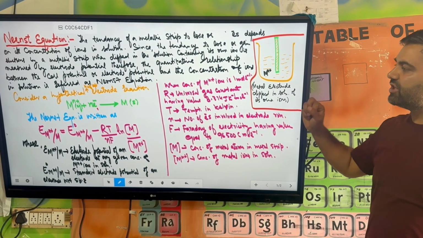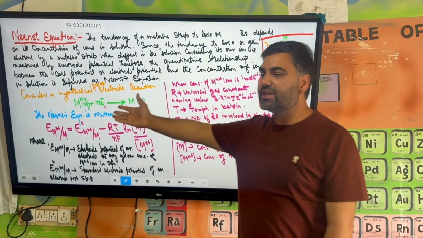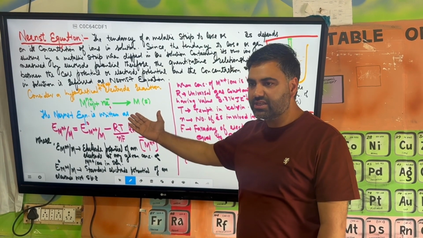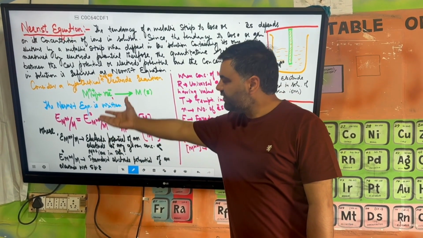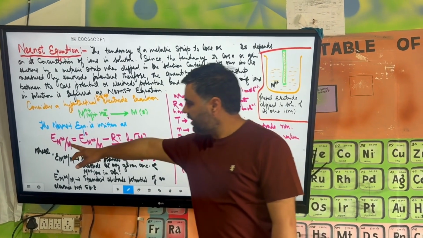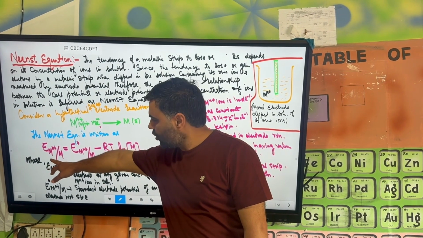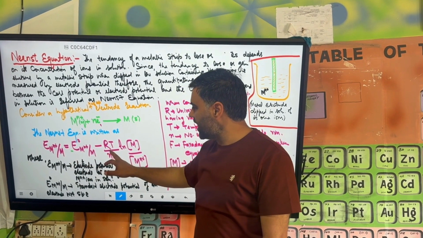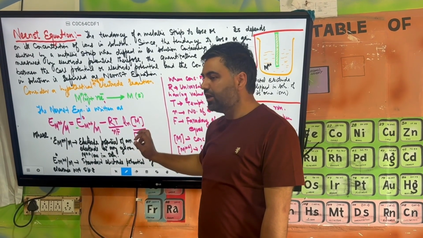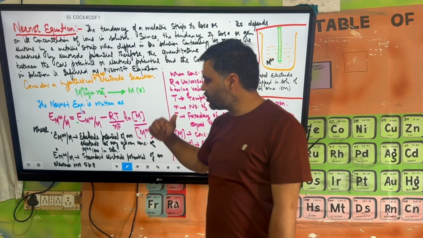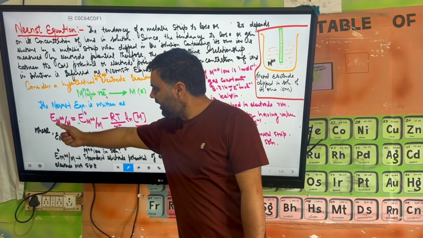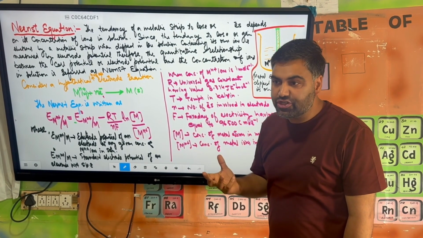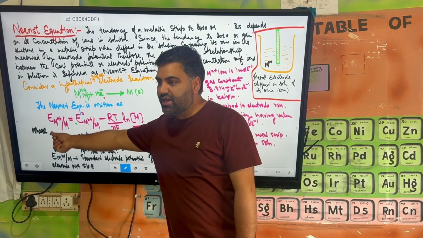अब हम Nernst equation, let us suppose हम एक hypothetical half cell electrode reaction लेंगे जहाँ पे मेरे Mn positive n electrons gain कर रहा है, it is given against metal. So the Nernst equation for this we can write down: the electrode potential of that metal electrode is equivalent to the standard electrode potential minus RT divided by nF natural log of concentration of M divided by Mn positive. So what this indicates, E Mn positive oblique M, it refers to the electrode potential at any concentration of Mn positive ions in the solution.